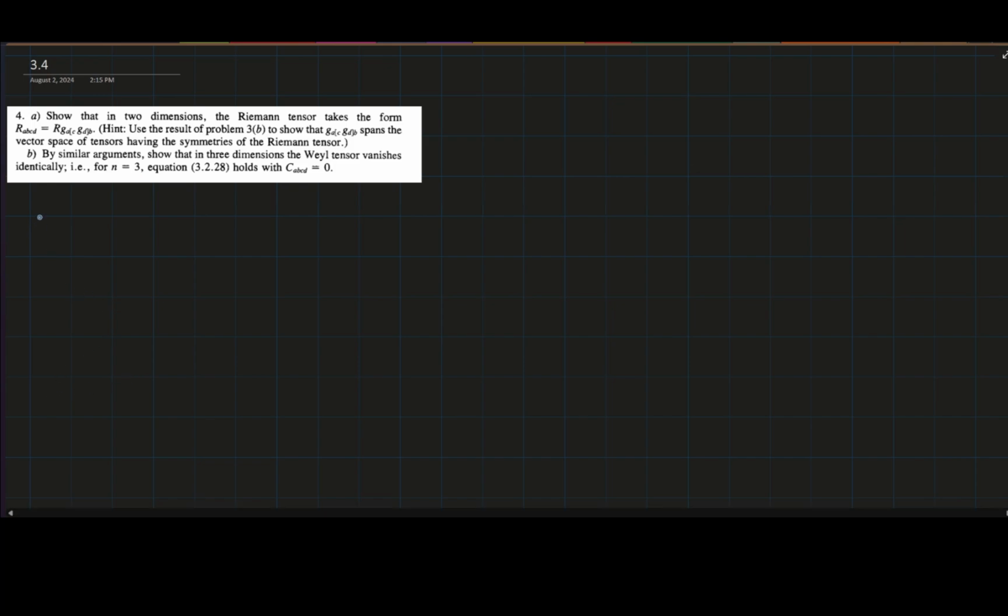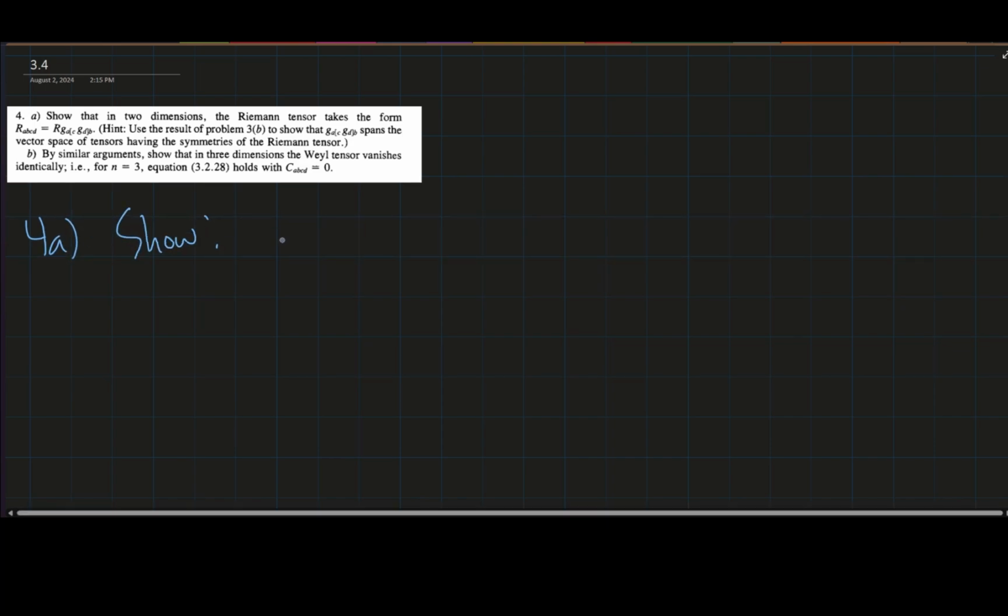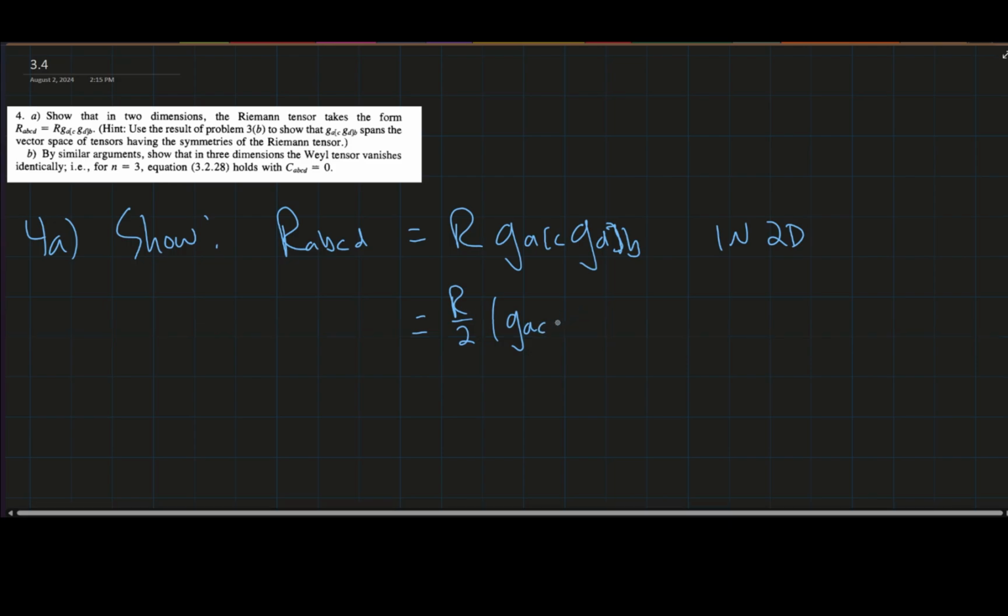Okay, so we can go ahead and do this. Just to get started, let's write this out explicitly. We want to show that R_ABCD equals R, the Ricci scalar, times g_A[C g_D]B. Oops, this is a mess. And yeah, these are anti-symmetric brackets. They should be square brackets in 2D. And so more explicitly, this is going to be something like R over 2 times g_AC g_DB